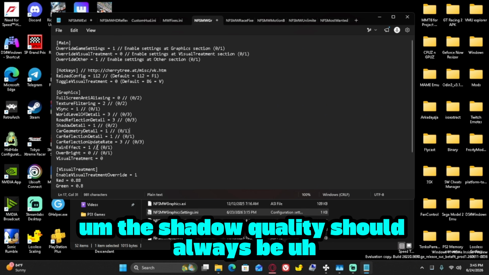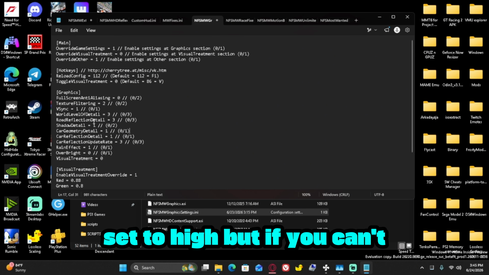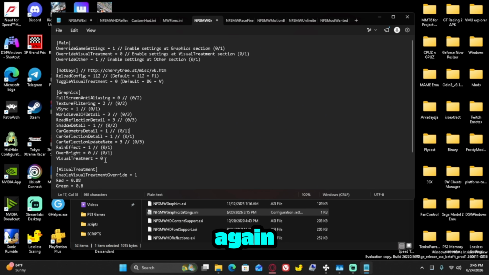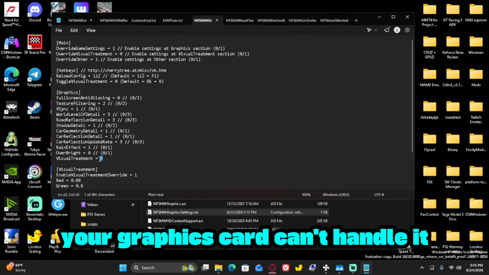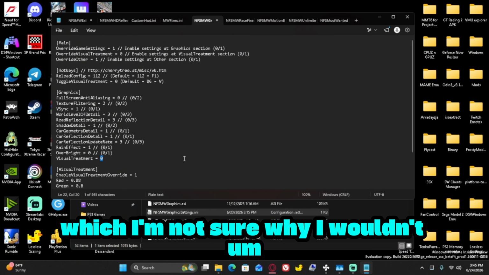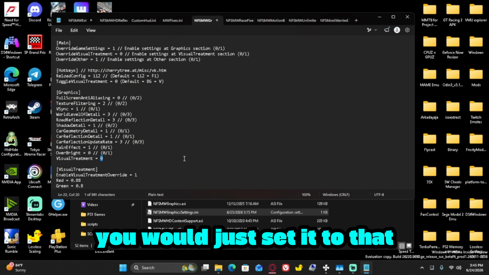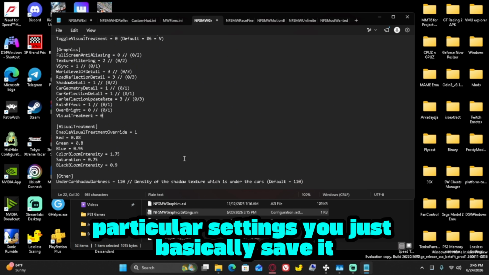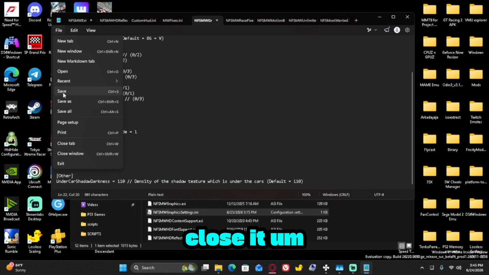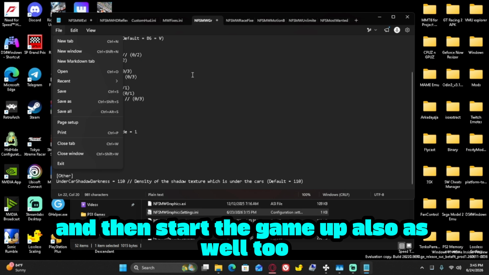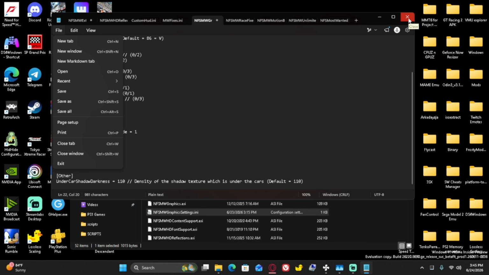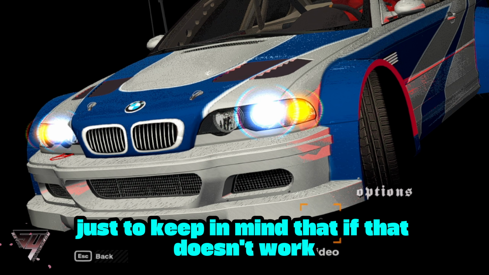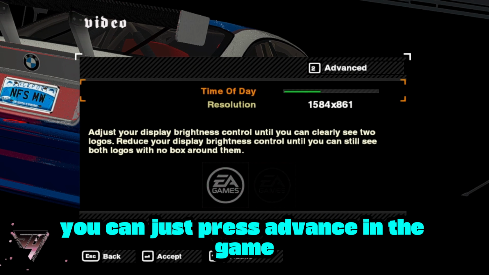The shadow quality should always be set to high, but if you can't, again, your graphics card can't handle it, which I'm not sure why it wouldn't, you would just set it to that. And then once you're done with these particular settings, you just basically save it, close it, and then start the game up. Also as well too, just to keep in mind that if that doesn't work, you can just press